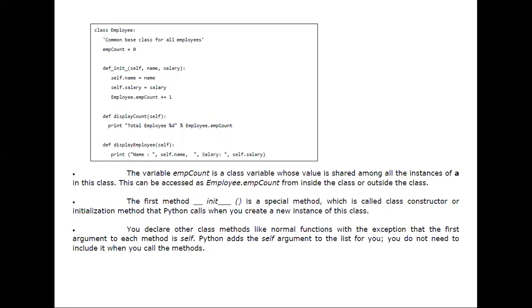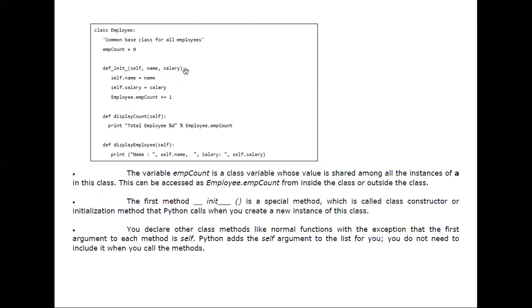After that, we have a function here, def underscore underscore init, again underscore underscore, and it has some arguments like self, name, salary, and we have a colon.